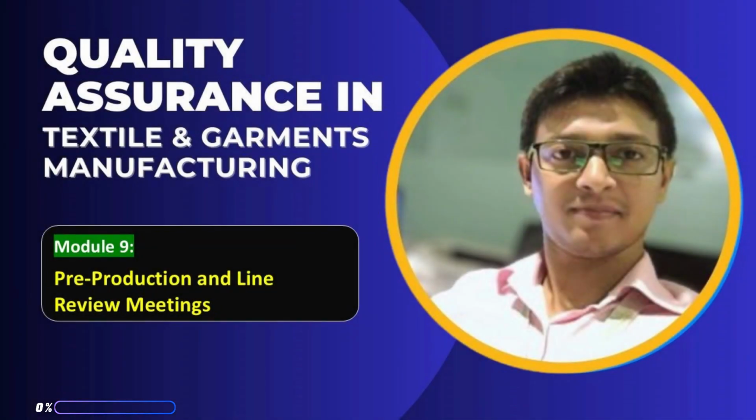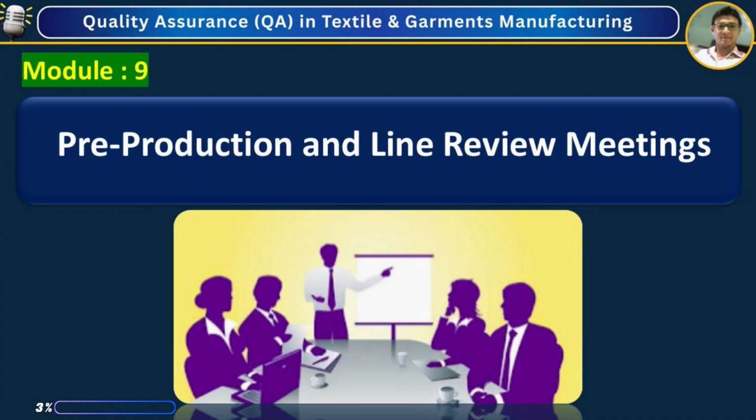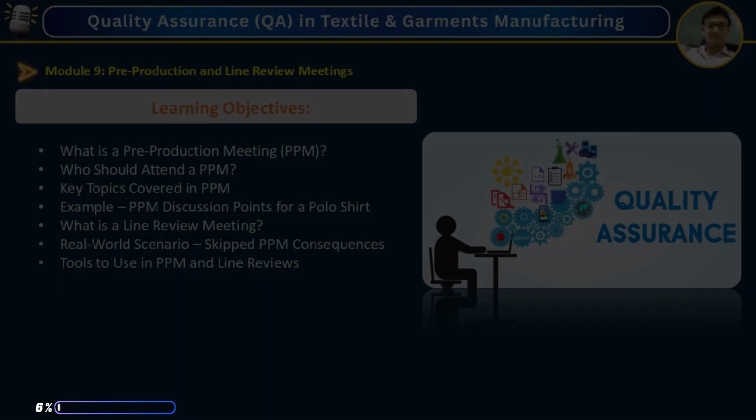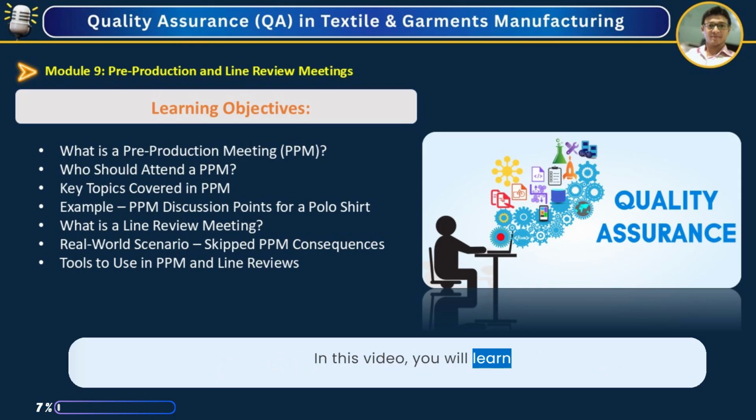Hello, and welcome to our training series on Quality Assurance in Textile and Garments Manufacturing. In today's video, we will talk about Module 9, Pre-Production and Line Review Meetings. In this video, you will learn what is a pre-production meeting, who should attend a PPM, key topics covered in PPM, example PPM discussion points, what is a line review meeting, real-world scenario, tools to use in PPM and line